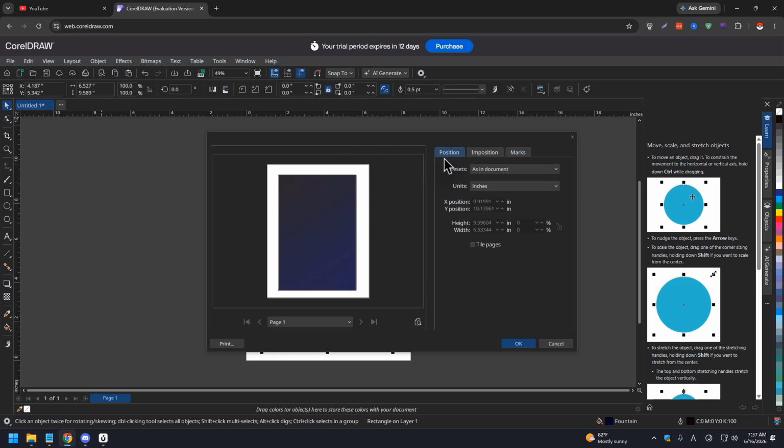By default, it's going to be at the position, right? So once you're here, it's going to be position. Click on marks, and then under marks, you want to click here. There's a crop marks option, like so. And then the marks to objects will also appear. So click that too, so that you're going to see the crop marks here on your print preview,